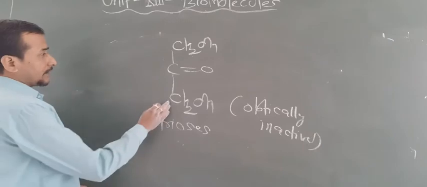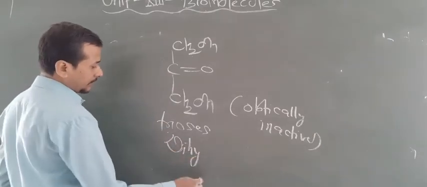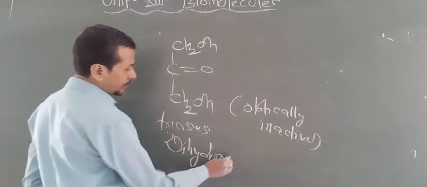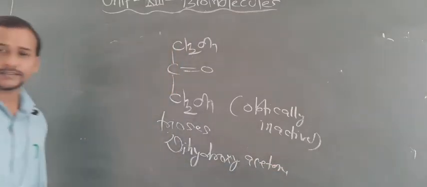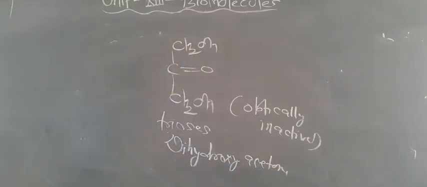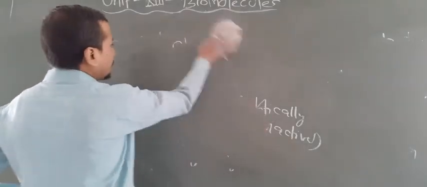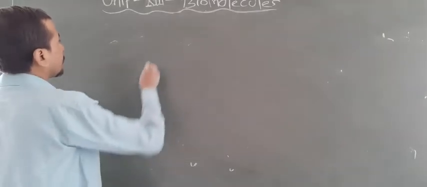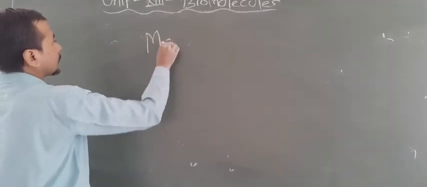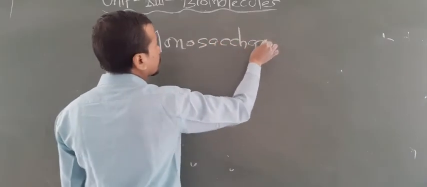Now the name of this chemical is dihydroxyacetone. So this is the formula of carbohydrates which are not optically active. Okay, now let us focus on the monosaccharides, that is also known as simple sugar. Let us focus here on monosaccharide. Again I told you,